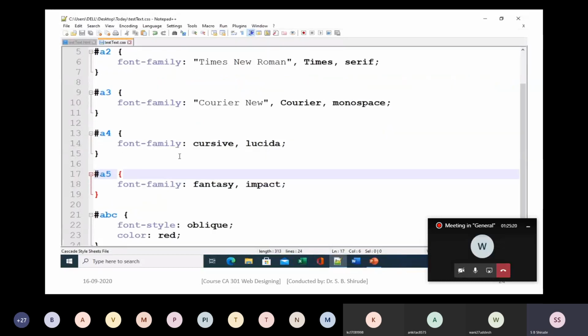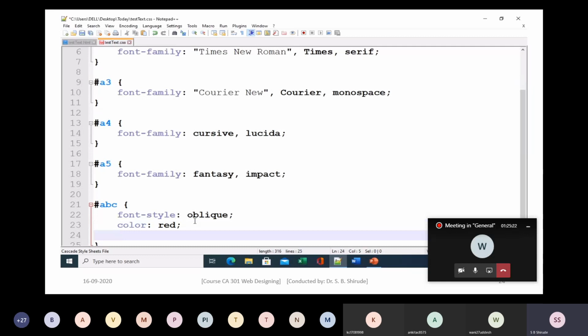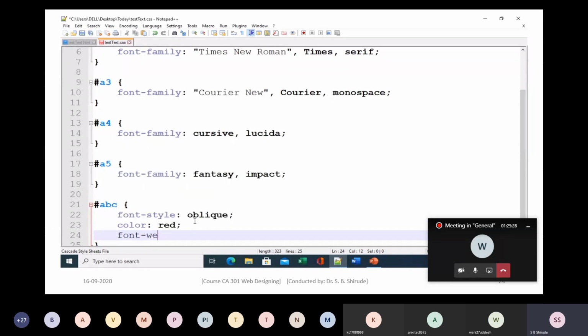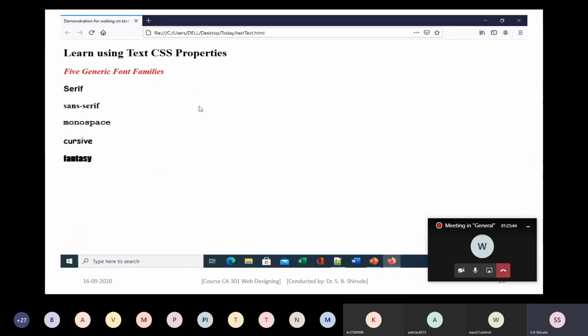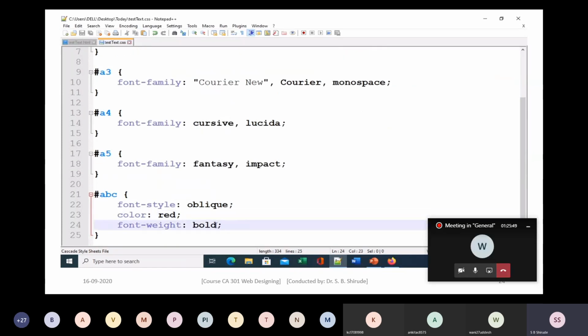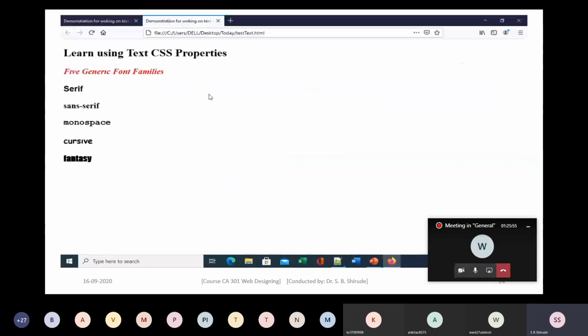Then after that we will apply some other properties such as to ABC only, means to that first heading I will apply font weight. So I will put here bolder, for example. So bolder, the value bolder I am giving, or first of all see it bold. So you can find that 5 generic font families in bold. Now it is in bold because we have given bold as the font weight. Now we can give it to bolder. So for font weight, bold, bolder, and then lighter. These are the possible values.